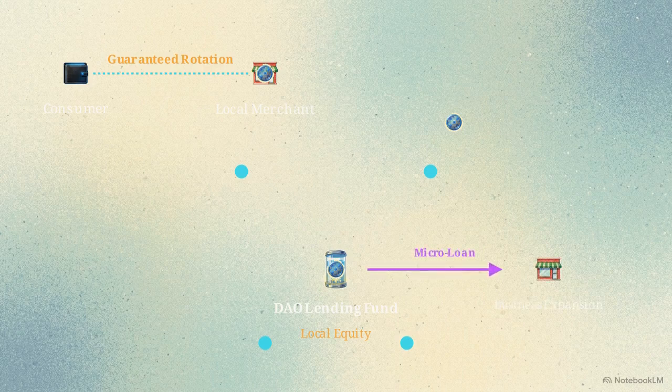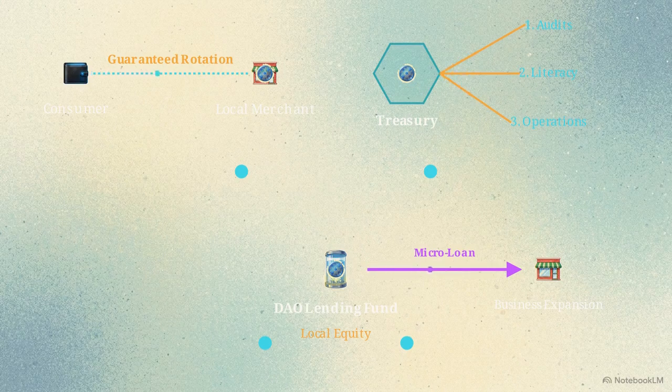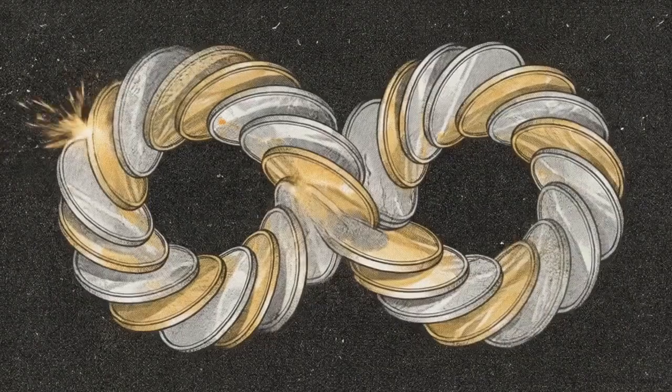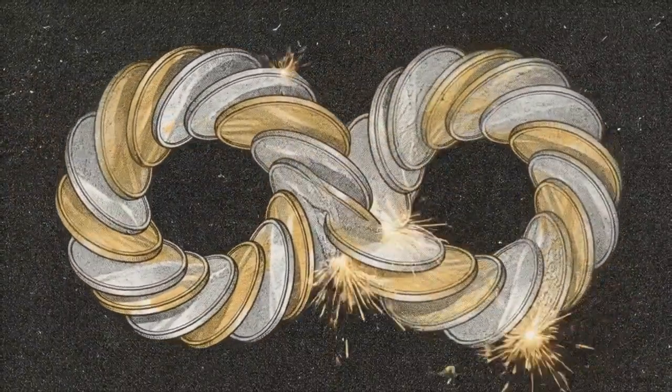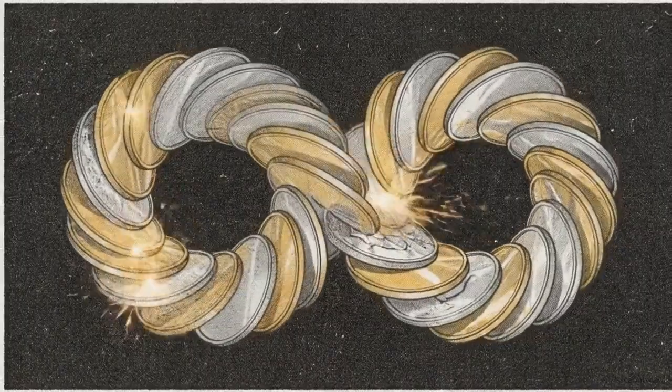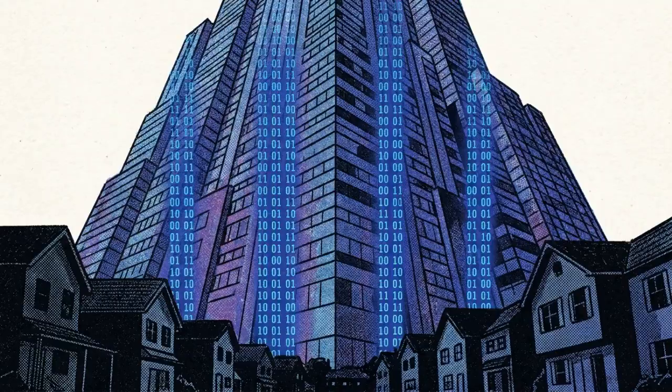The final 5% is directed to the DAO treasury. This slice self-funds the network's survival, paying for things like smart contract audits, financial literacy tools, and daily operations. By programming this 15% split, a single everyday purchase initiates a multi-year economic history. The local velocity of money no longer depletes the capital, it recycles it, creating a perpetual motion machine of community wealth. When you zoom out, the macro effects of this system become clear.